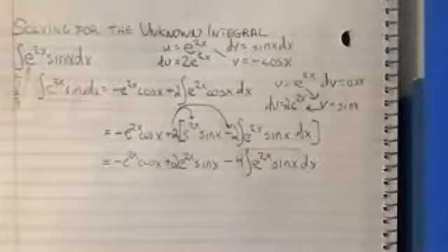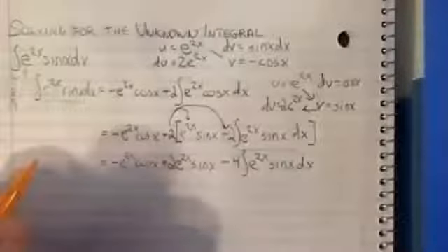All right, now that whole expression is equal to the original integral, which is e to the 2x sine x. So what we could do is take this and add it, plus 4 that integral, to the other side, because they're like terms, which would give you 5